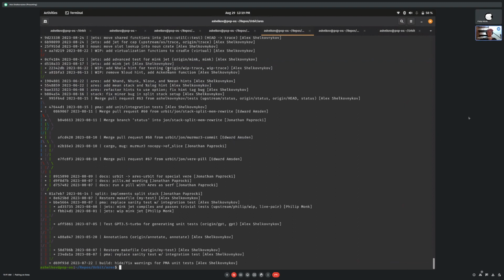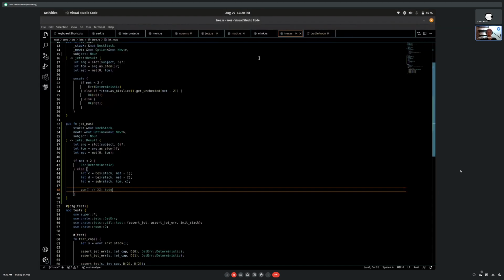Yeah, and then I went through and I added, oh, I can show you this. We should take a look at this one before I do anything else because I added a more advanced test for the Mink Jet. Yeah, and then I started doing some more stuff. Like I moved slot. I think this is on the other recording that we noticed that the slot functions were in interpreter.rs. So I moved them out of interpreter.rs into noun because the idea of looking up slots in a cell isn't related to the interpreter. Yeah. Okay, so let's go back then and look at